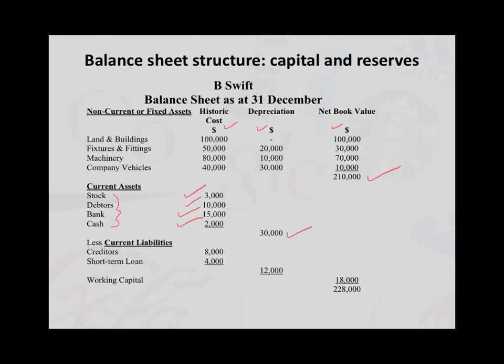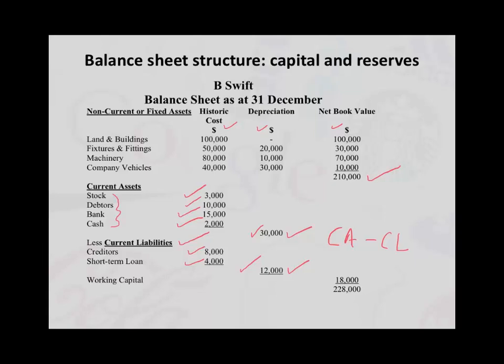Our short-term debts or current liabilities are creditors, in other words, the suppliers that we owe money to, and a short-term loan of 4,000. When we add together the creditors of 8,000 and the short-term loan, it comes to 12,000. Our working capital is simply our current assets minus our current liabilities. And in this case, if we had a current asset value of 30,000 and a current liability value of 12,000,